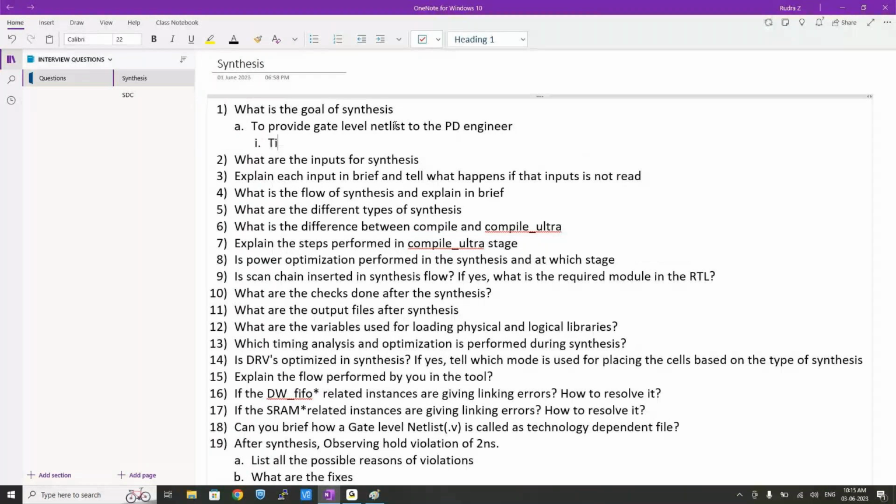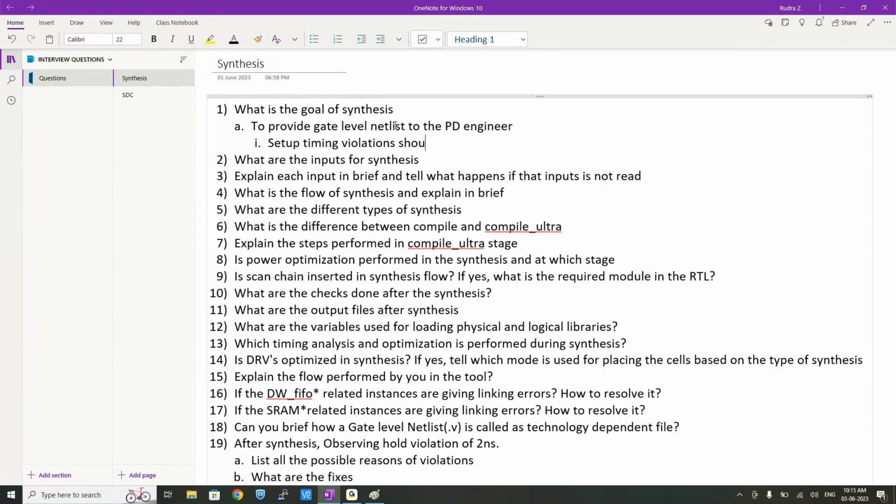So when we say timing optimized netlist, which timing has to be optimized here? Setup or hold? Both? So the answer is, in the synthesis stage, setup is your major priority. Okay, setup timing violations